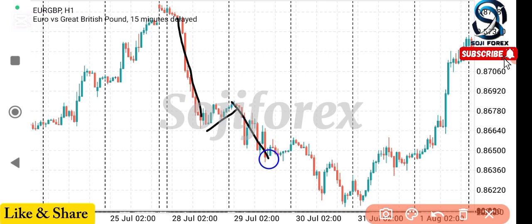Lower high, lower low, lower high, lower low, lower high, lower low. And then look at this point, price went here, but couldn't create a new lower high. You can see that. It came back again, did not close below this, and then went up to break structure. So in this scenario,